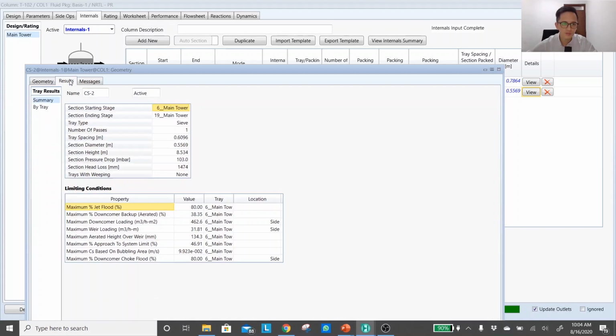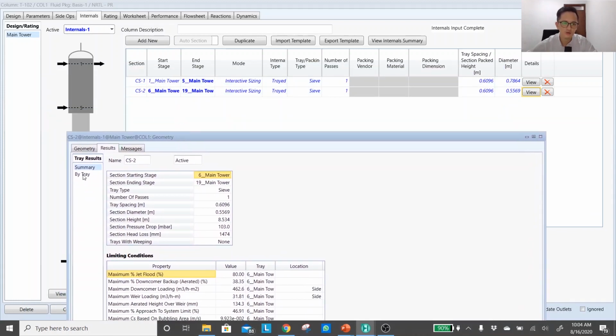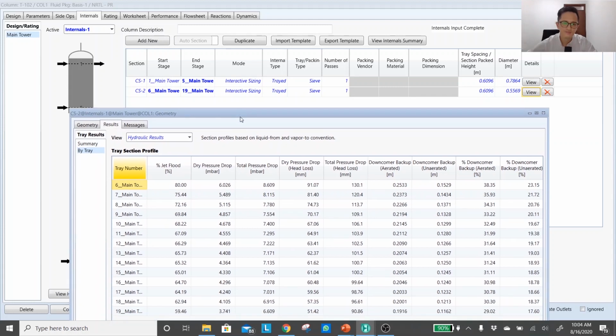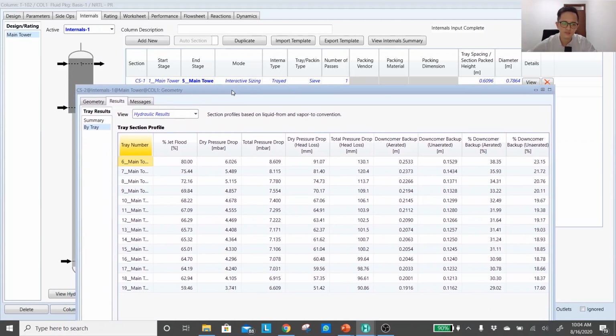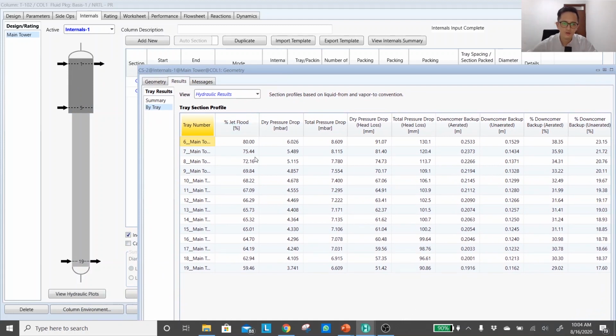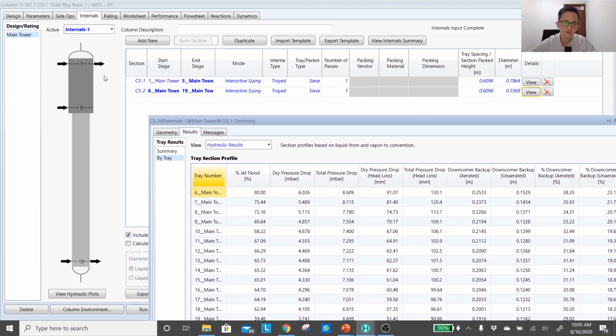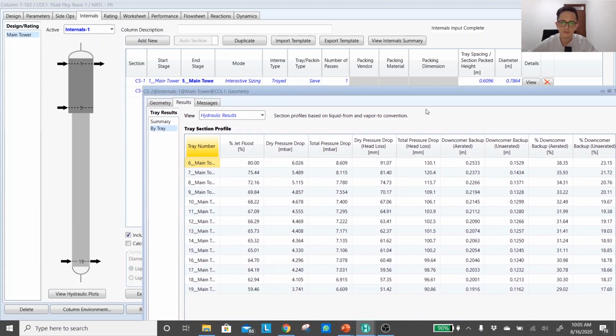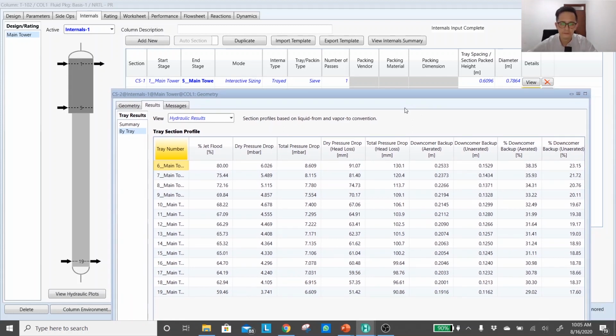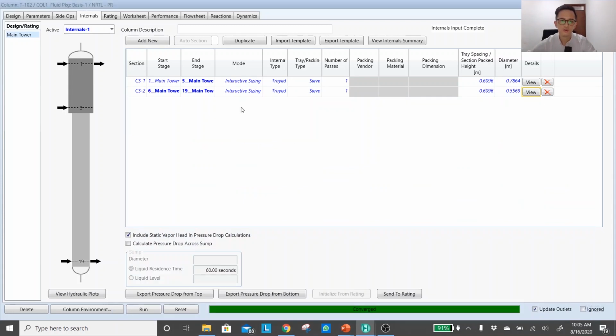But what would be the benefit of having two sections? Now you go to the tray, you see that the jet flooding or the percent flooding is now much more stable, okay, between 60 to 80%. And if you remember previously, if we keep one big diameter from top to bottom, at the bottom the flooding will be close to 30%, and that's not really helpful for us during the operation. So you can optimize the hydraulic, and if you want to follow the instruction from HYSYS that below 0.6 it's not really a good idea using a tray, just change it.